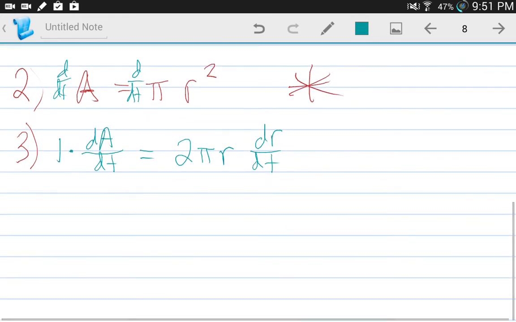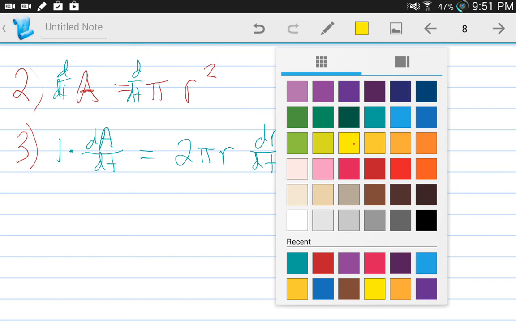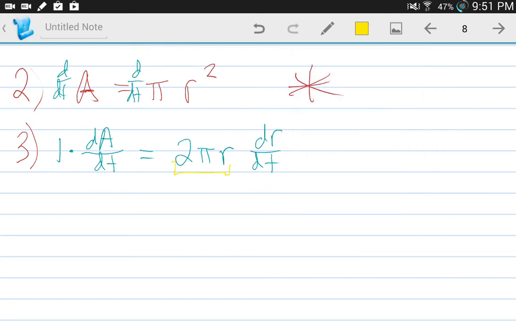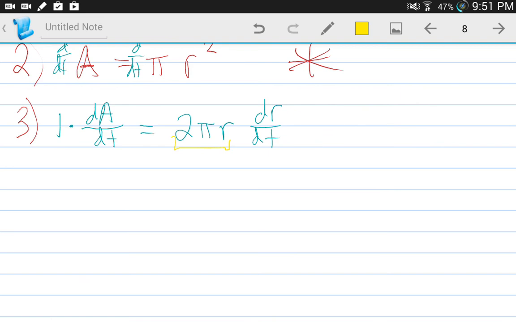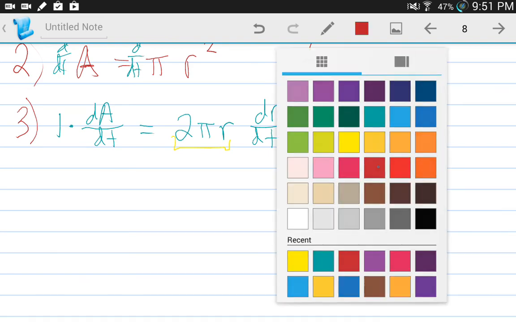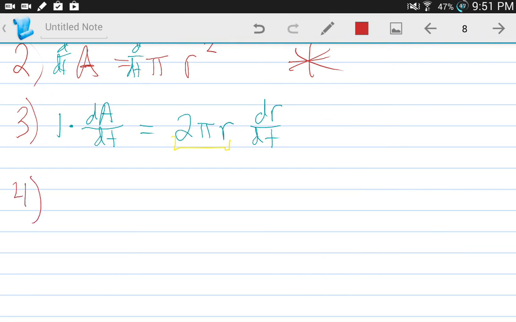And you'll notice this is right here, this is actually the circumference. Just something to note because sometimes a question might talk about the circumference. So finally, step 4 is now we're going to plug in our values. So we knew that r was 4 and dr dt was 1. So we're going to get dA over dt equals